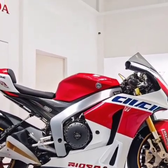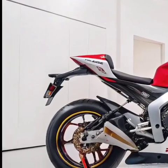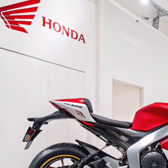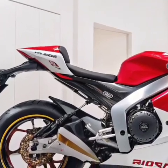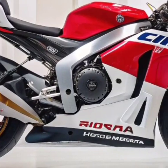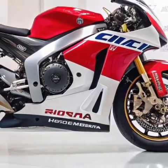Another fascinating aspect of the RC213V-S is its attention to detail. Honda didn't just build a fast bike, it built a masterpiece. Every part, from the hand-welded frame to the titanium exhaust system, was crafted with precision and care. The electronics package featured cutting-edge rider aids, ensuring that even though the bike was derived from MotoGP, it remained rideable